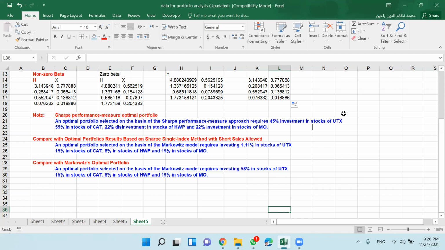There is a mistake here. It should not be Markowitz. Okay, Markowitz is underneath. Compare with the Markowitz optimal portfolio. According to the Markowitz portfolio, we invested 58% in security one. So you can compare solutions based on, you see, the 3 approaches.